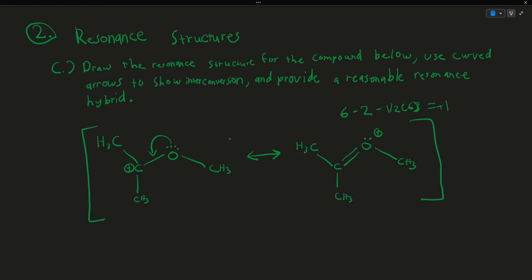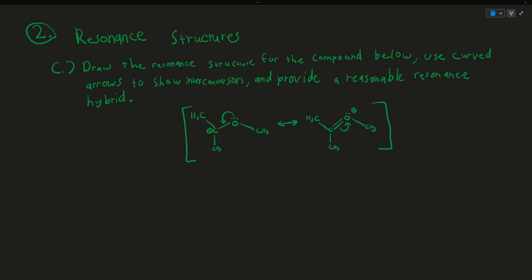And we should show interconversion from this one into that one. How we do that is literally just doing the reverse of what we did. We use an arrow to show the movement of electrons back onto the oxygen, which would yield the compound on the left again. So next,